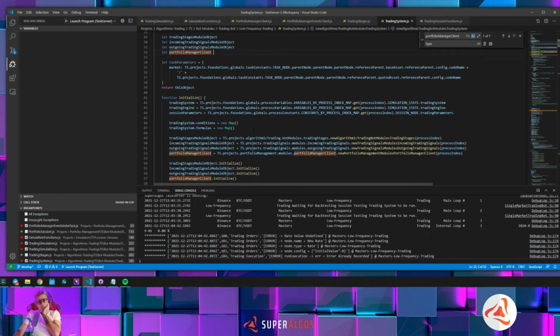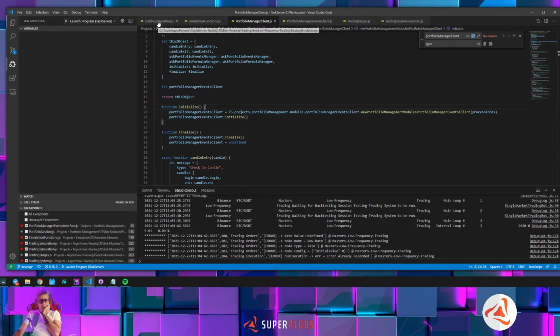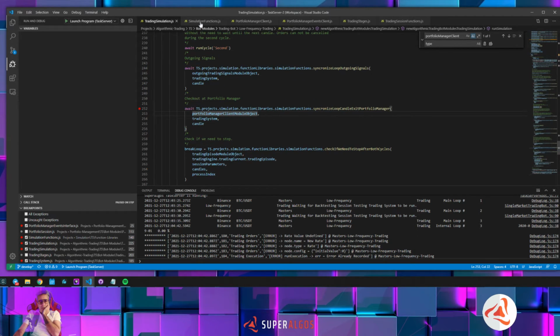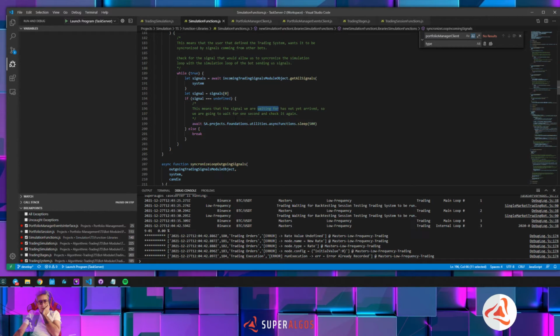Let's say that the trading bot comes, the trading bot is at the simulation, then enter here, and it sends a message to the portfolio bot,